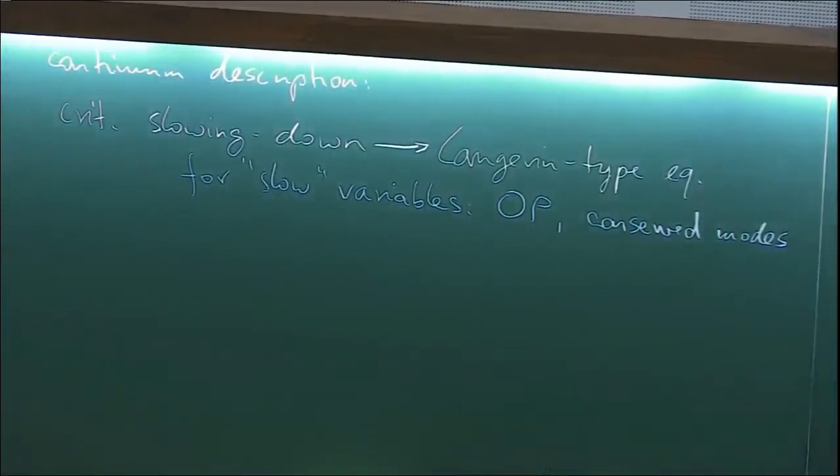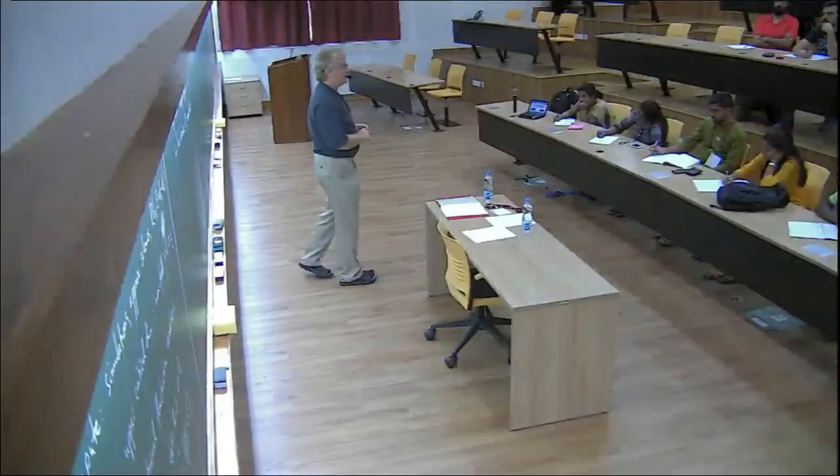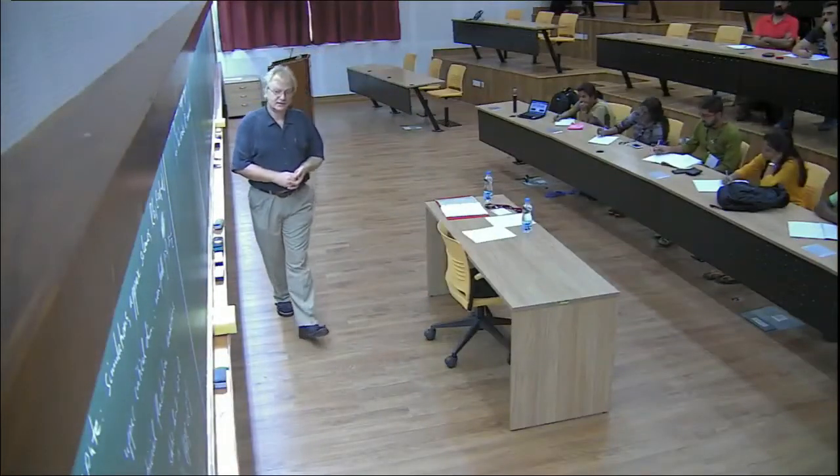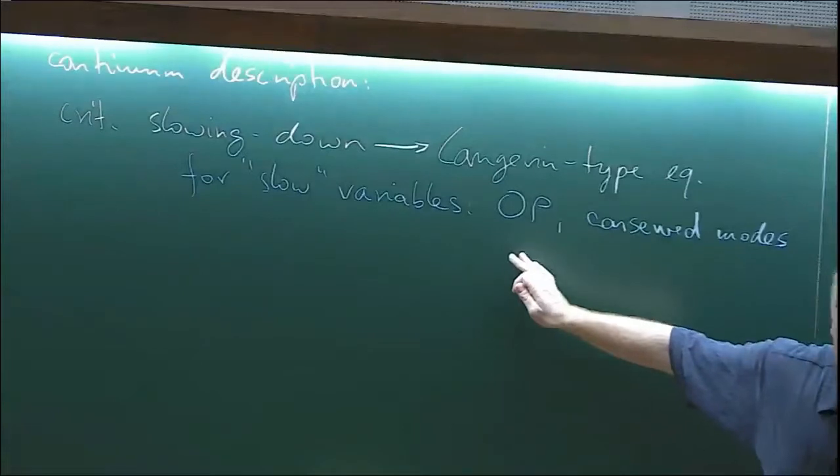So in this sense, this is somewhat analogous to equilibrium thermodynamics, where you know that the only things we need to worry about in your Hamiltonian are conserved modes. We have to add the order parameter for the dynamical description. Right? And so now the question is, the order parameter, pardon?